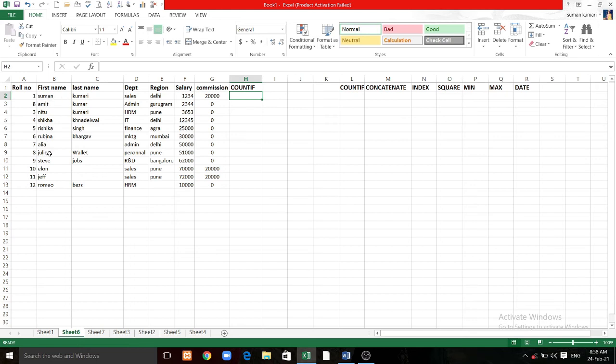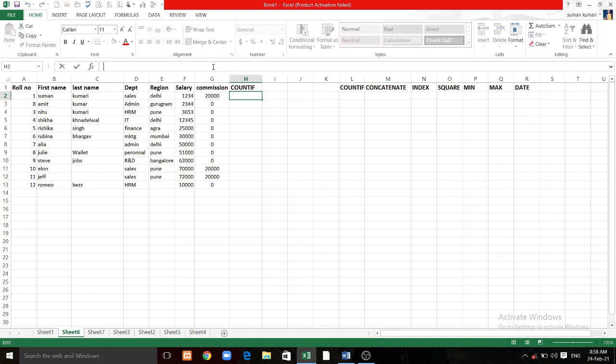We have the same example in which we have a list of employees and their information, where they are working and in which department they are working. What I have to do is find the number of employees who are working in the sales department.